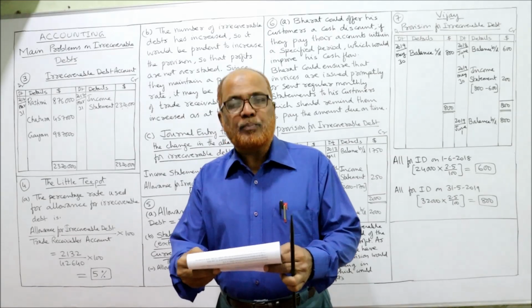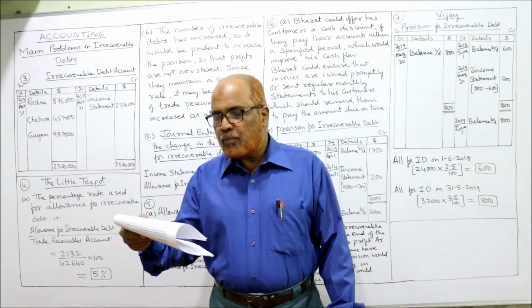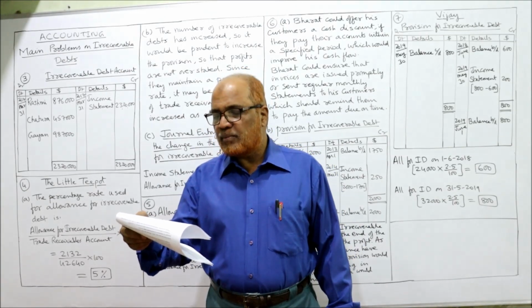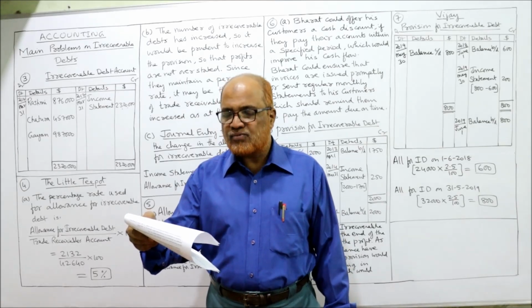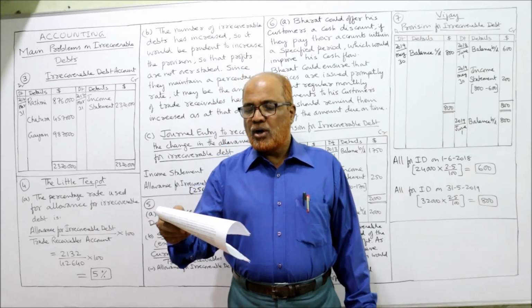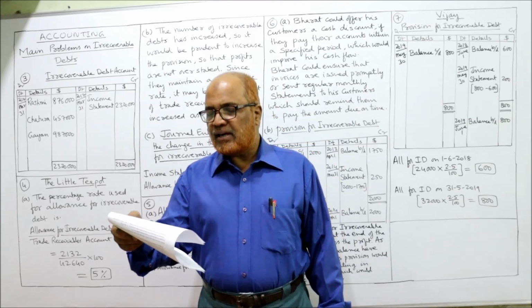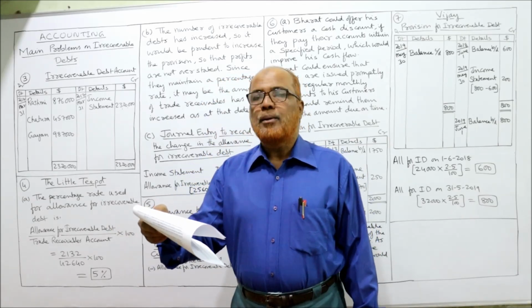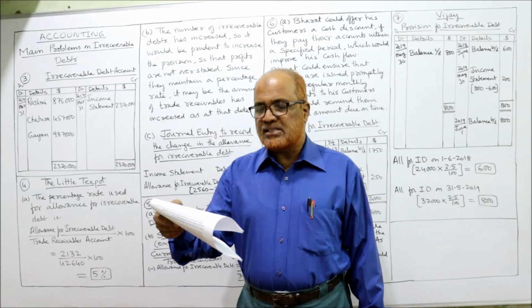Now come to the fourth problem. The Little Teapot maintains a trade receivables ledger control account and an allowance for irrecoverable debt account. On 1st April 2017, the balances were, at the beginning of the year, 1st April 2017,